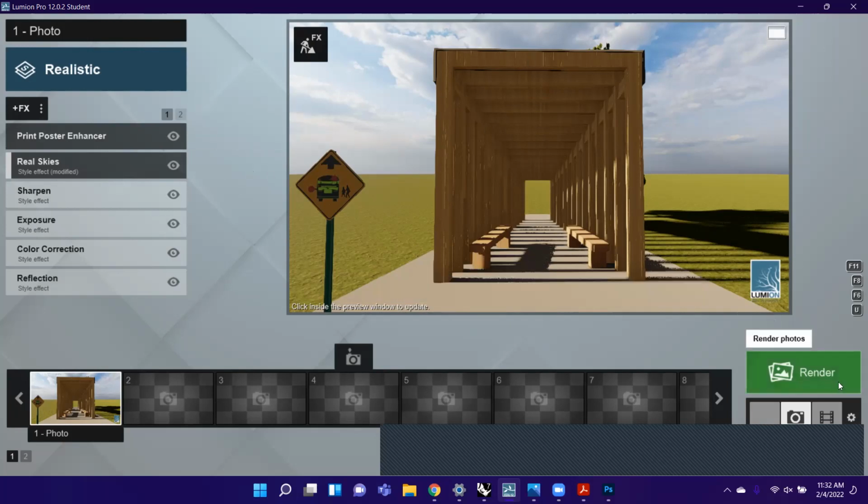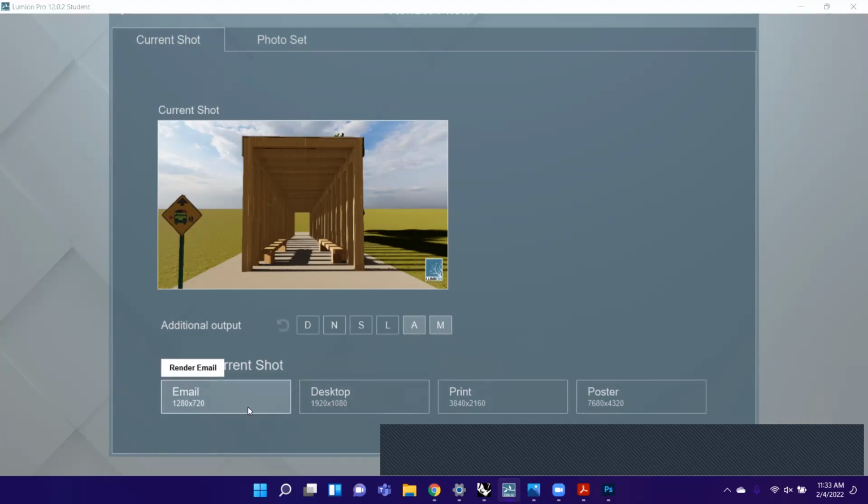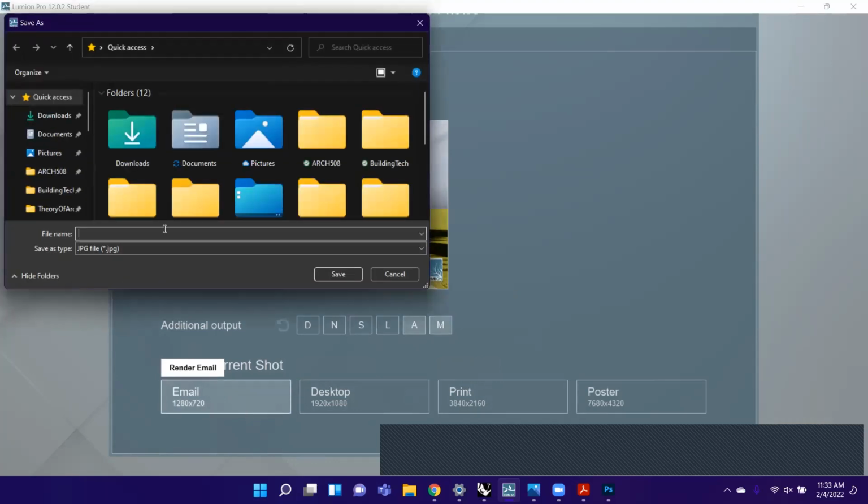But so, okay, let's say that we render this. The most important things are obviously the render size, and then also understanding what these different outputs do. The two outputs that you'll most likely use the most are this alpha sky map, which you just click to turn on, and the material ID map. And for the sake of rendering time, let's just do a very small rendering. So let's call this